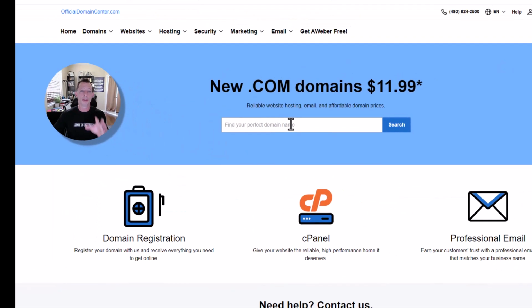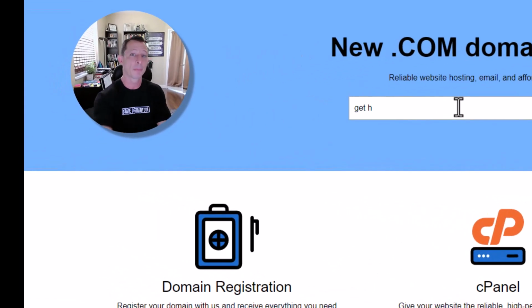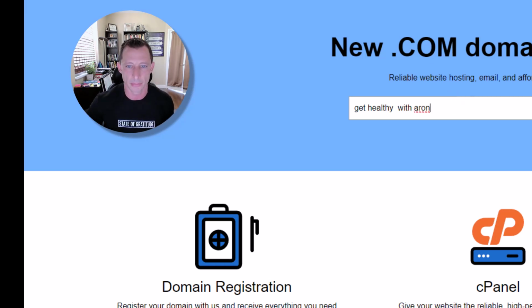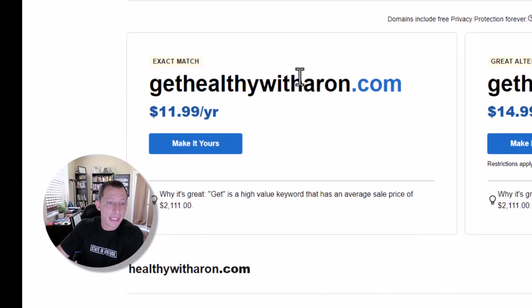So when you go to do your search, let me just show you what this looks like. Okay, we're gonna just do an example. By the way, when you're typing your domain, you can put spaces if you want. It'll remove them automatically. So we'll just put Get Healthy with Aaron, just as an example. Let's see what pops up. Okay, I'm gonna click search. And you can see here that this domain is available. Get Healthy with Aaron. So just giving you ideas. Okay, you could type in anything you want in the search to see if it is available.